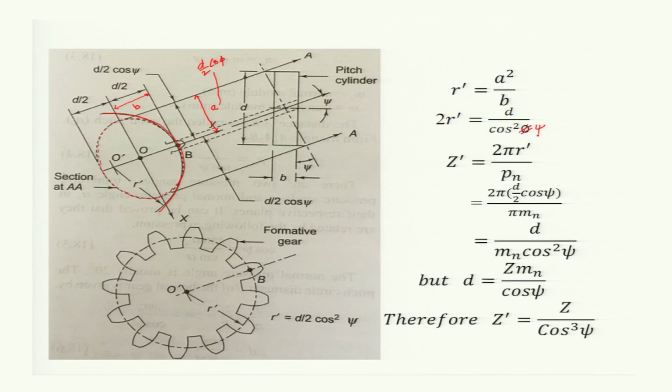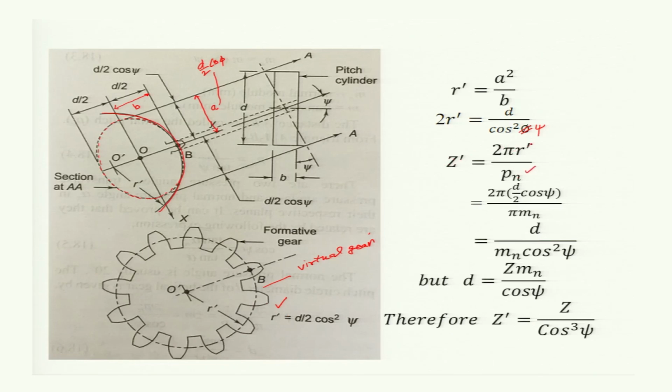This is psi. So z dash, what we do now is, with this radius a gear is made, with this pitch circle radius a gear is made. This is the virtual gear. Now, on this virtual gear, the number of teeth with normal pitch equal to Pn will be given